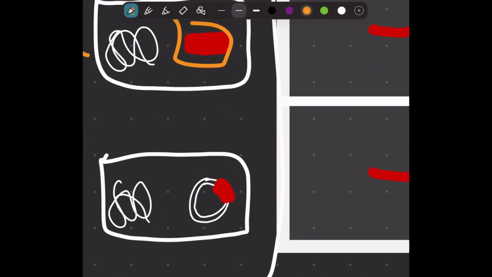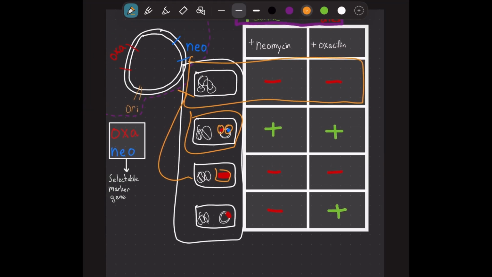And then in the last situation, we have our E. coli with the recombinant plasmid, but it only has the oxacillin gene, OXA gene, and in this case, it'll only grow on the oxacillin, and this is because the neomycin gene is not there, which means that it won't confer resistance to neomycin, which means that it won't grow on neomycin, but since it has the OXA gene, it will